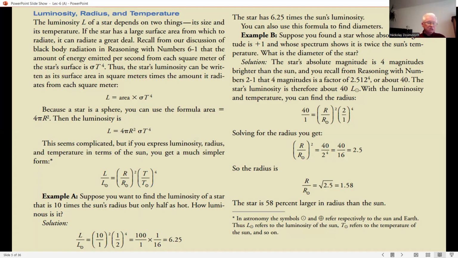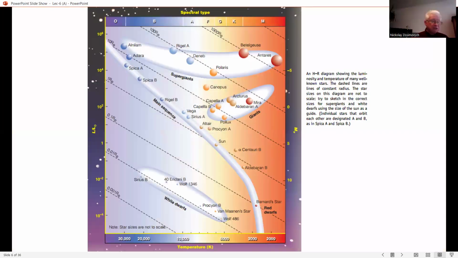These lines slope down and to the right across the diagram because cooler stars are fainter than hotter stars of the same size. Do you agree with me? Nice. And this figure plots the luminosities and temperatures of a number of well-known stars along with lines of constant